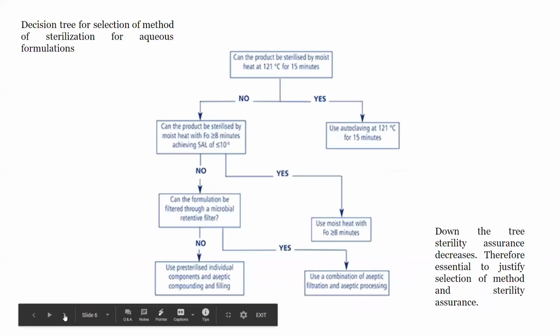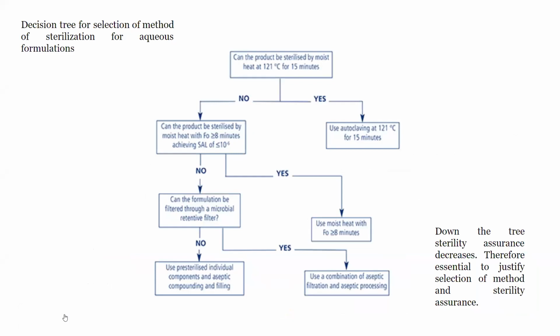So now we'll see if a new product is being developed or there is some change in product ingredients or process of formulation of the product, how one should go for fixing a method of sterilization. I mean, which method should be used, that should be decided first in pre-formulation studies. And this chart shows how the method of sterilization is being fixed for a particular product.